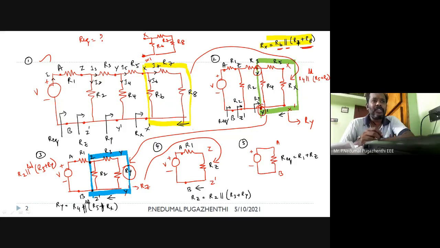Now again, if you go to the fourth diagram, you have a series combination of R1 and Rz. Then I can find what is R equivalent. R equivalent is equal to R1 plus Rz because they are in series. Now the total current I can find. What is the total current? I is equal to,